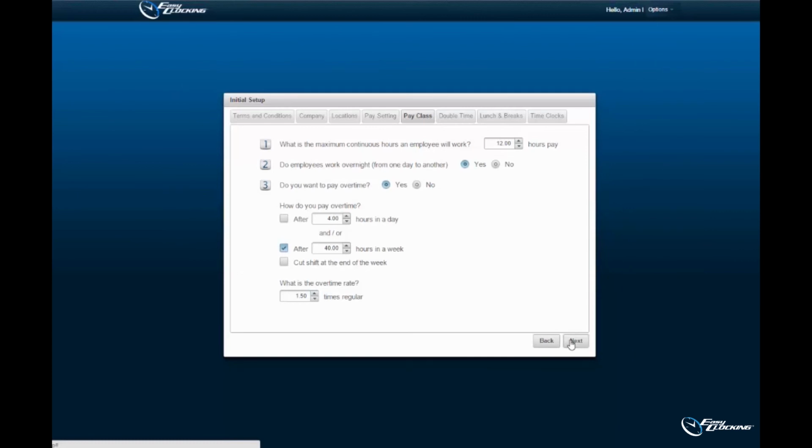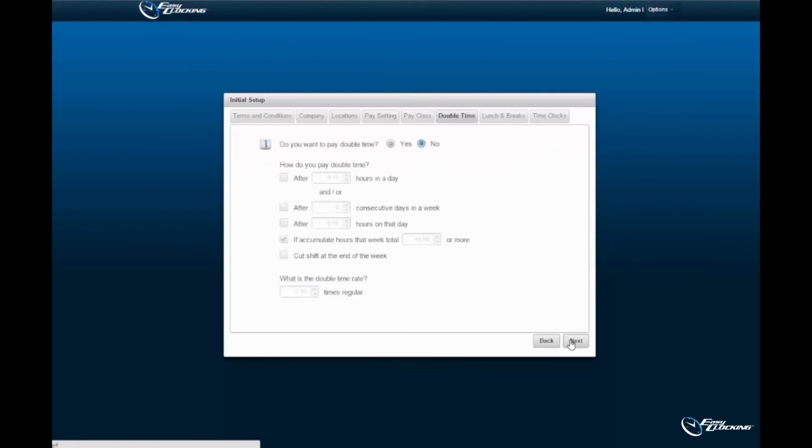Step 6. Within the Double Time tab of the initial setup, you must specify whether your company would like to enact double time rules within the software. Selecting Yes will enact double time after preset requirements are met. After a specified amount of hours in a day switch to double time, and/or after a specified amount of consecutive days worked in a week,